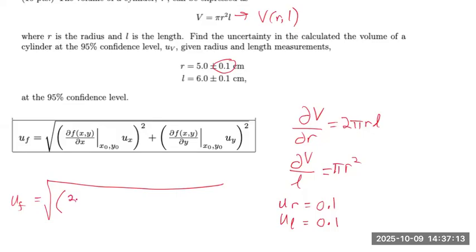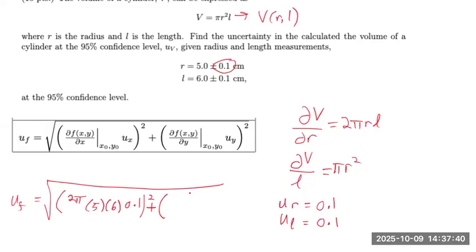So 2 pi, let's substitute in r and L. r is equal to 5, as we see over here, so 5 times L, which is 6, and times the UR, which is 0.1, and then all this squared plus